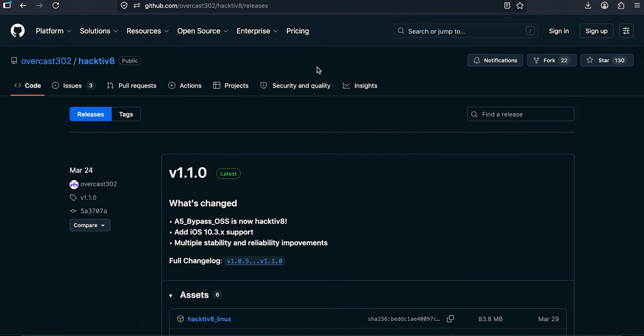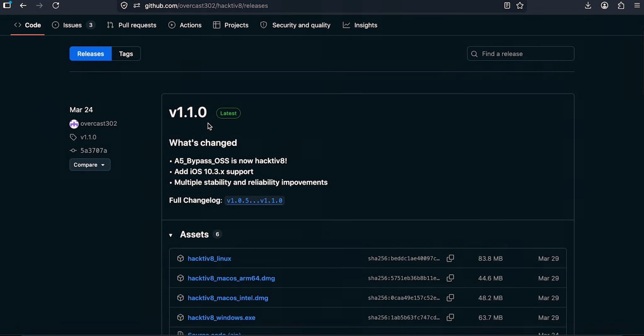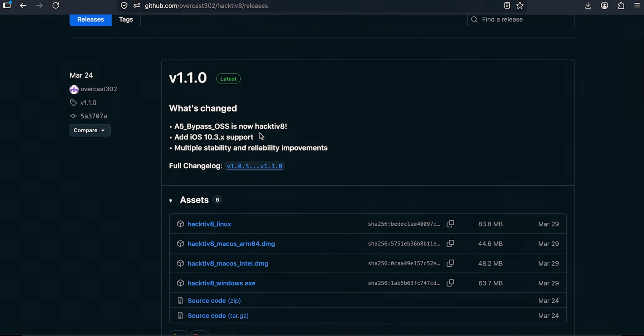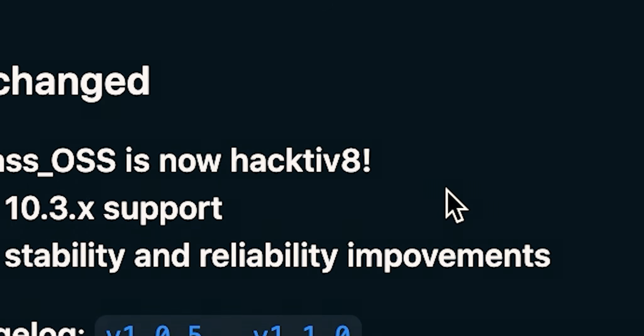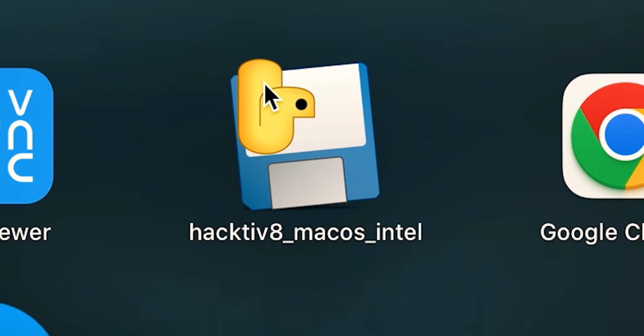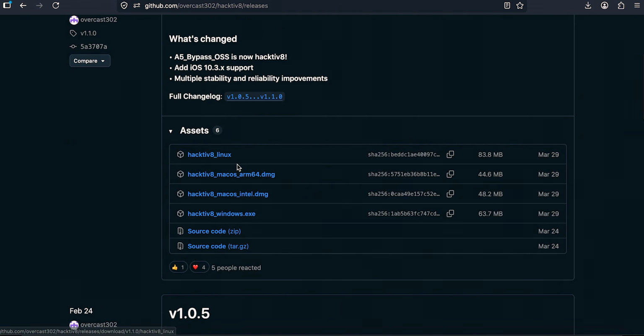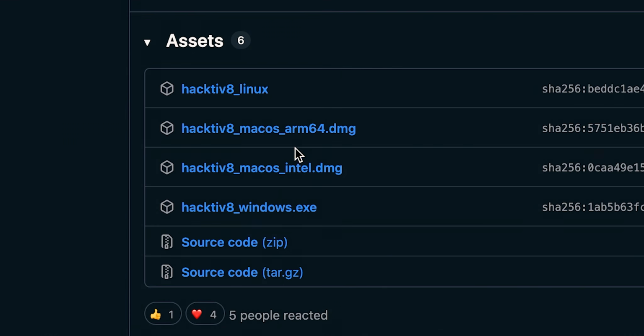So once you got Python installed, click the next link, which will take you to the tool's page. Yeah, that's totally how you pronounce that. Now, this tool doesn't say it requires Python, but literally the icon has the Python logo. But anyway, this will take you straight to the latest releases, and as you can tell, you've got every single version possible. We've got it for Linux, Mac OS ARM64,